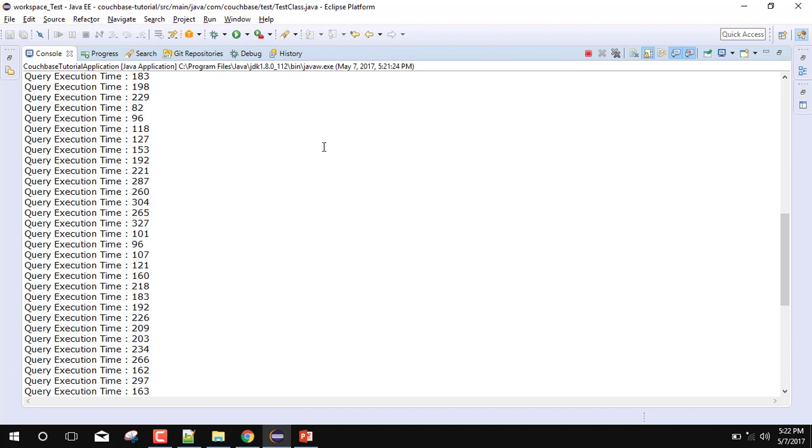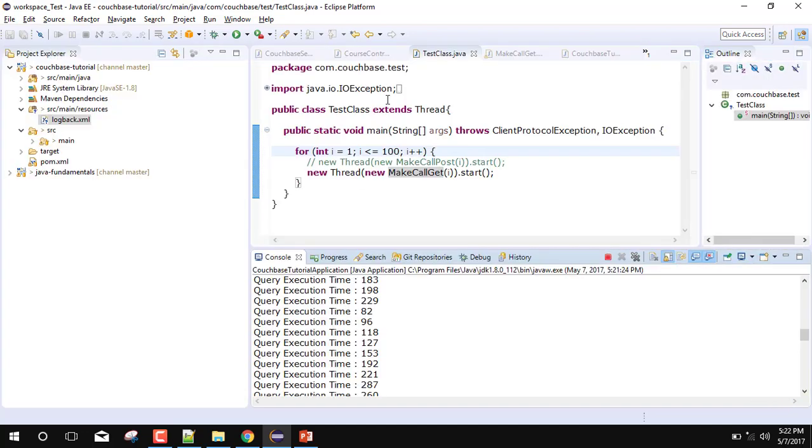So here you can see what a dramatic performance change there is between N1QL queries and the Couchbase bucket get method. Whenever you want to fetch a document by its ID, you should preferably use the bucket's get method for faster execution. So in this video, this was the performance measure we noted for N1QL queries and the get method.